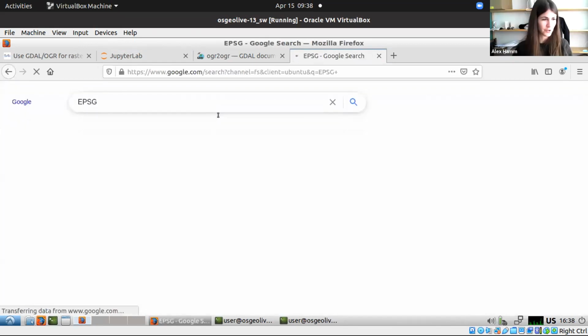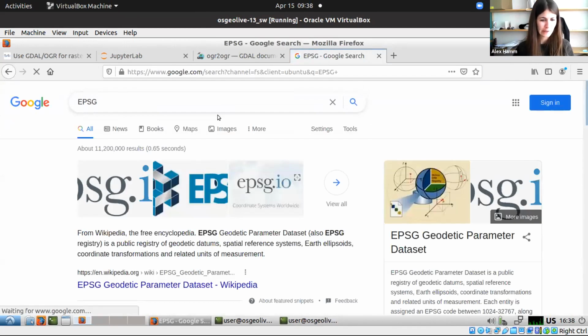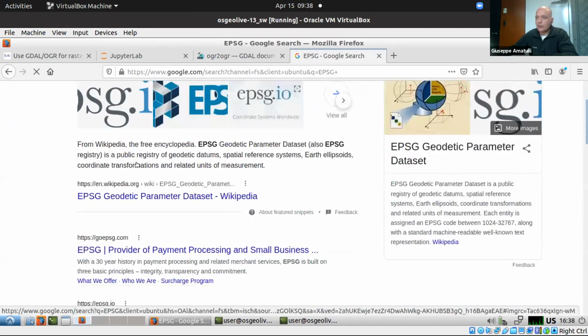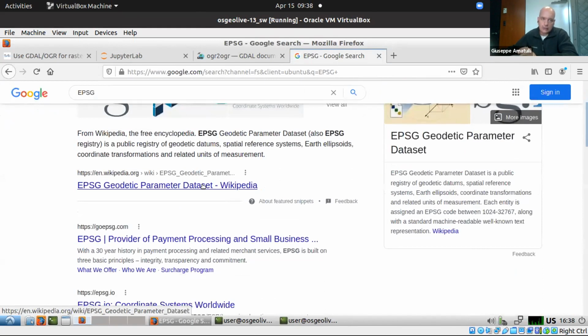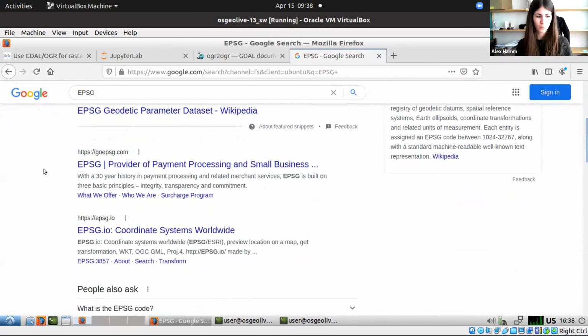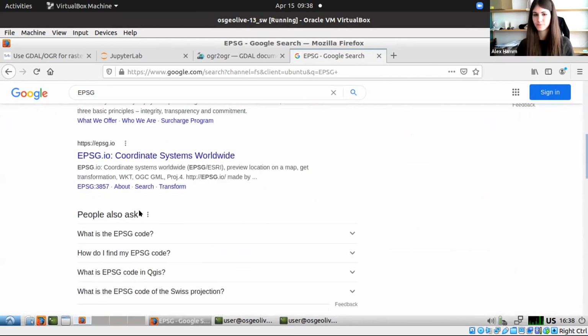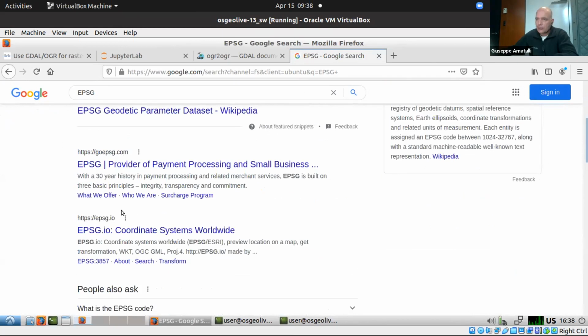Isn't that WGS 84? Perfect. So the WGS 84 is, and not only the WGS 84, all the different projections are labeled by the EPSG code. Okay. So if you go in the spatial reference,